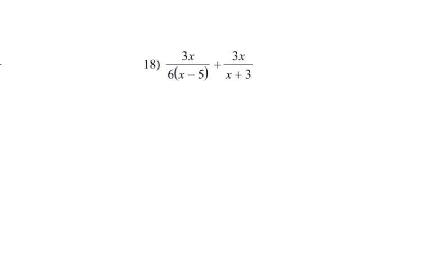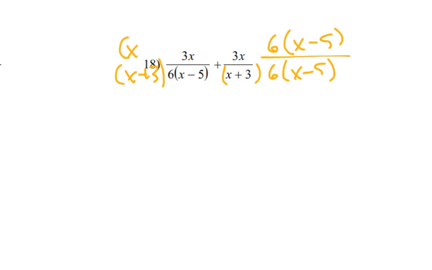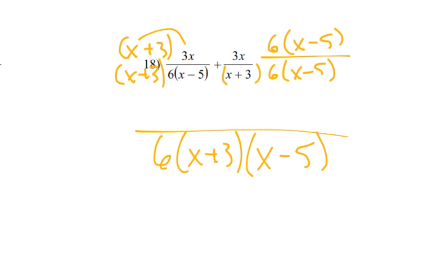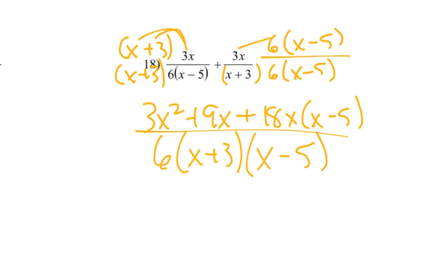Alright, so now number 18. So, same idea, we've got to get the denominators the same. So we multiply that by each other, so x plus 3 over here. And then we'd multiply by 6 and x minus 5. So we'd have 6 times x plus 3 times x minus 5 here on the bottom. Then 3x squared plus 9x plus 3 times 6 would be 18x times x minus 5, which I'd want to